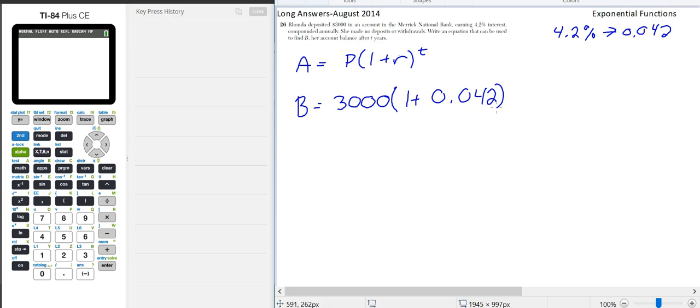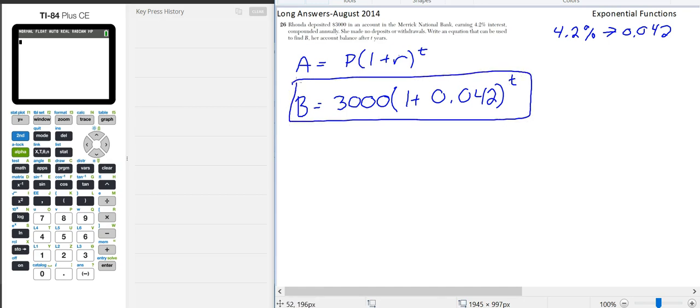Raised to the t, and they don't tell us what t is, so we just want to write the equation. We don't even want to solve it. Now this could be your answer. You could write this as your answer, put a box around it, circle it. This could be your answer, and you would get the answer right. Or you could